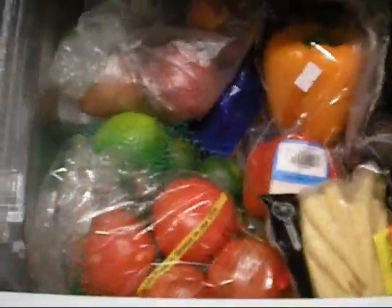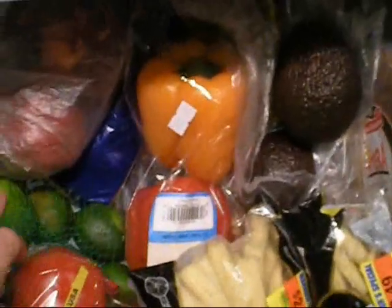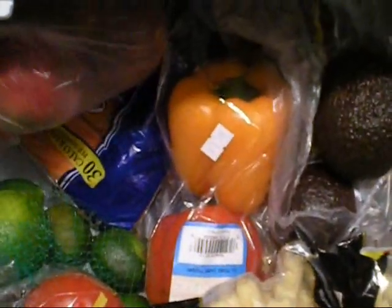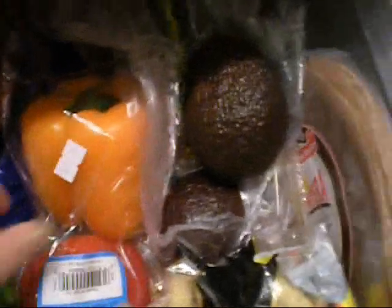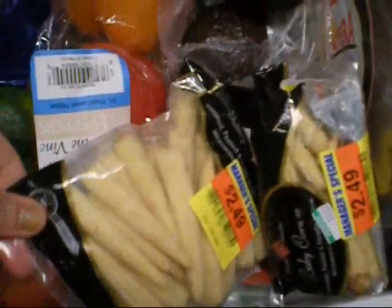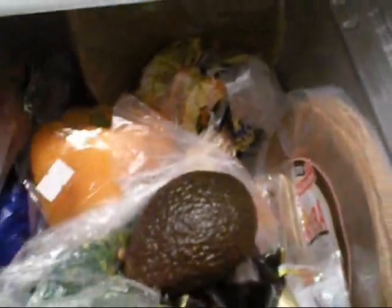Next up is my veggie drawer. A very wide selection. I have tomatoes, limes, peaches, I don't know what in the world that is, carrots, bell peppers, baby corn, avocado, whole wheat tortillas. Don't mind my green fingernails. I dressed up for St. Patrick's Day and was wearing all green. Here I have grapes,